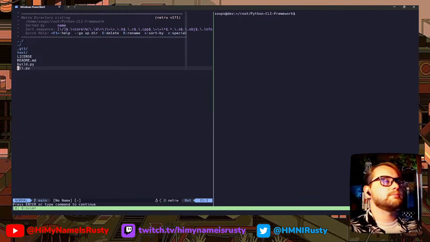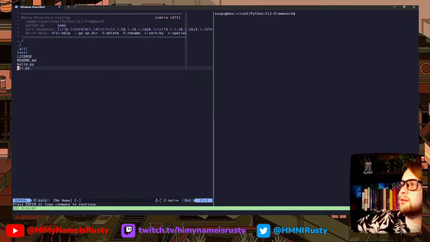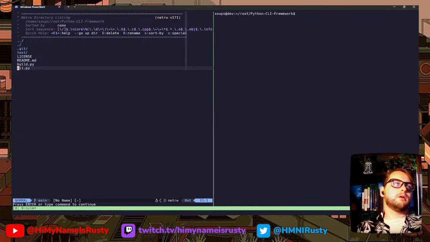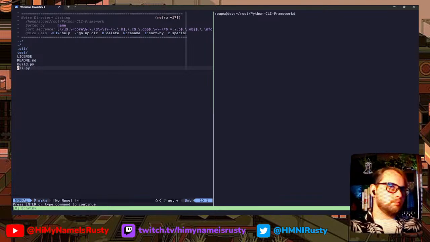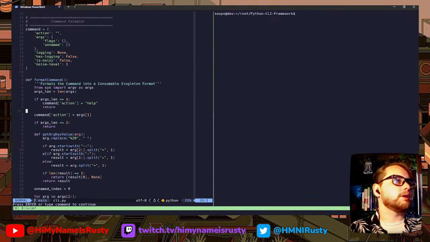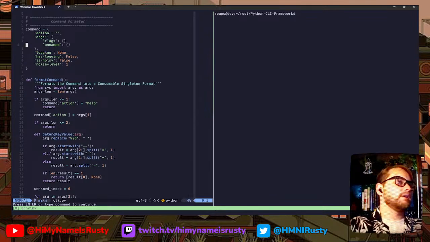Probably just extend this package and not have to worry about balancing CLI, and it just makes it more modular and manageable. And if you want to use the CLI too, you can use it. It's not great by any means. So, look, you got your actions, your args, has noisy level.